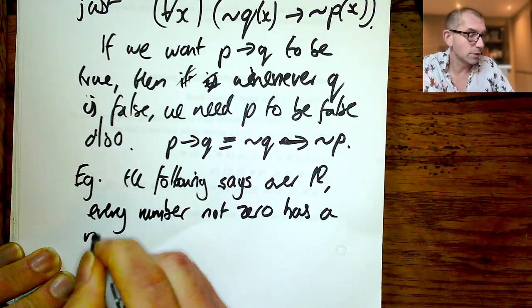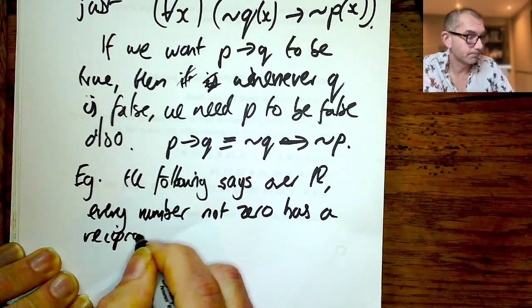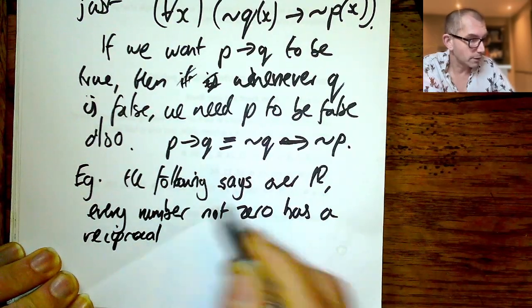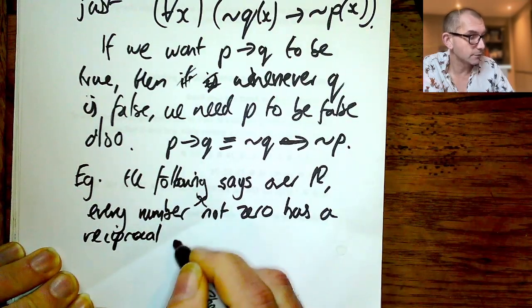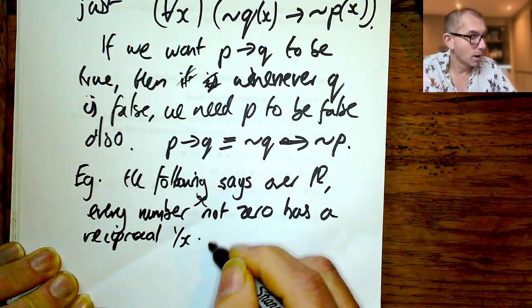Let's call it a reciprocal, so just 1 over it. So if I say every number x has a reciprocal 1 over x,